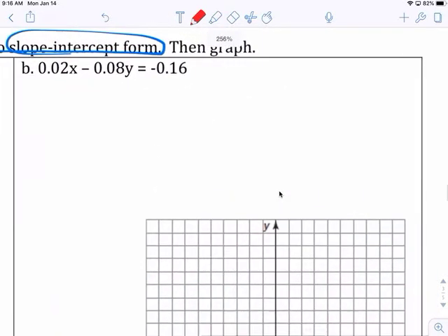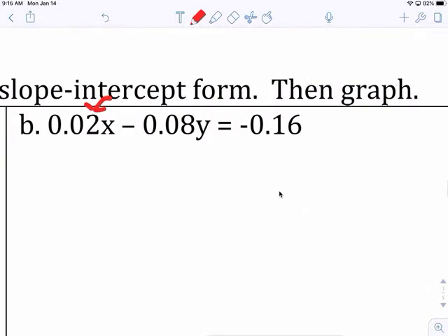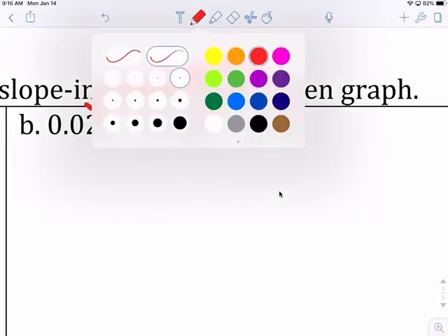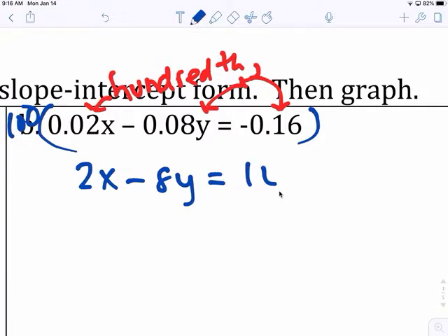And so this one is in standard form. This is in the hundredths place. That's also in the hundredths place. And that's also in the hundredths place. So it's easy, multiply by 100. You'll get 2x minus 8y equals negative 16. Okay, then